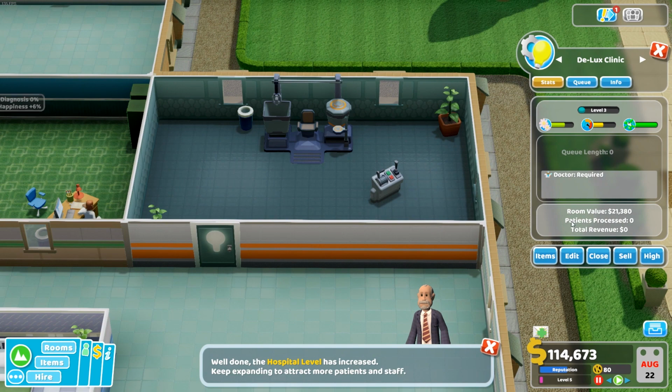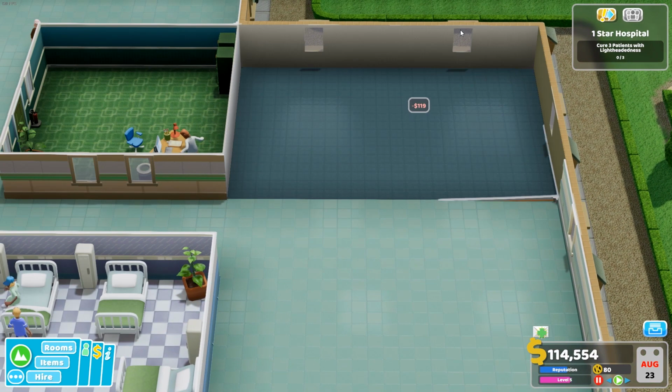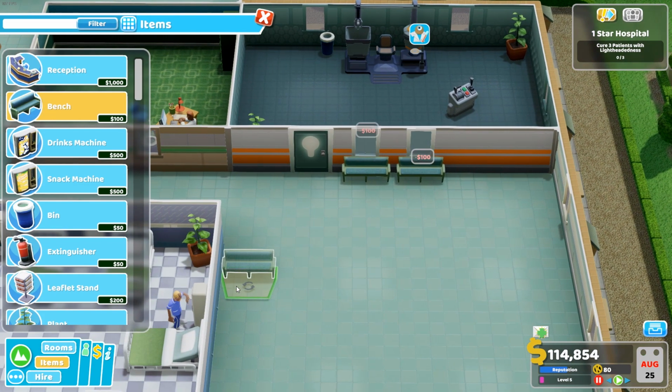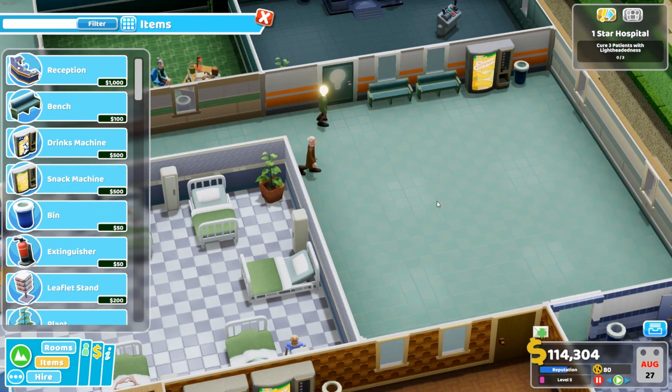Although once again, I have forgotten windows. I always forget windows, but they do help. They really do. Okay, so we'll put a couple of benches out here, so if you're waiting for the deluxe clinic, you can have a little wait. And might as well try and optimise sales with some snacks. There we go. Our first deluxe guy's coming in,